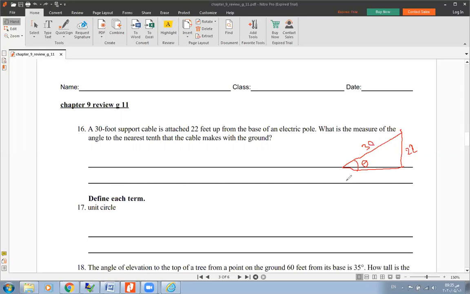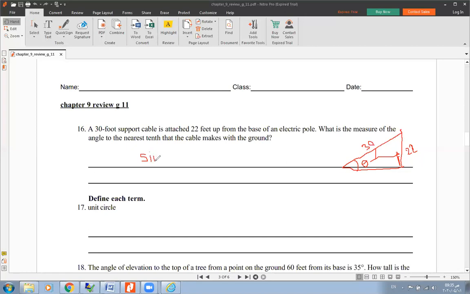Maybe the sine one. Excellent, because I need to find theta. So I can use sine, cosine, or tan, according to the information. According to the information, we have here the opposite and here the hypotenuse. So it's opposite over hypotenuse, which is sine. So sine theta is equal to